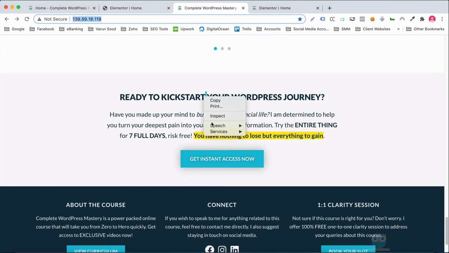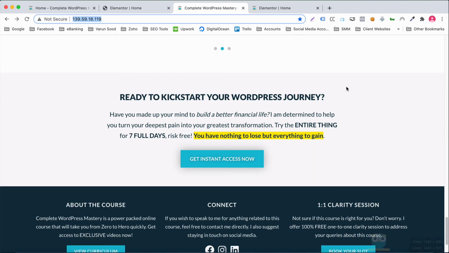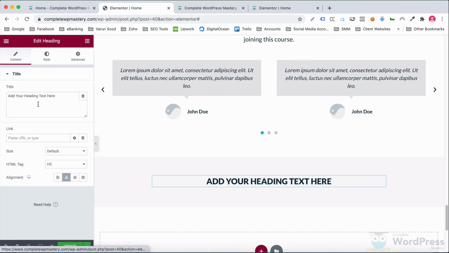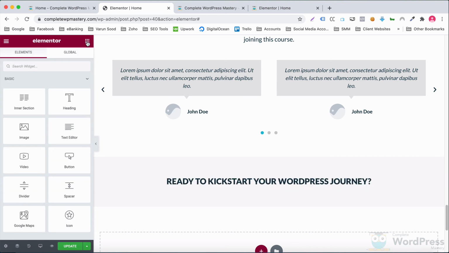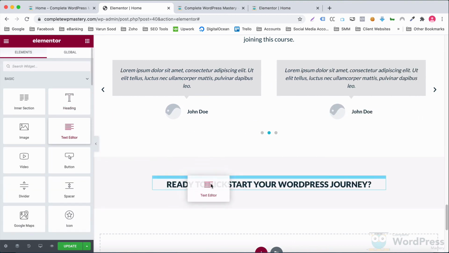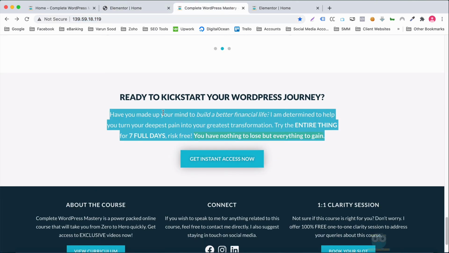I'll copy the text from here. Next, let's add a text editor. Copy this text.